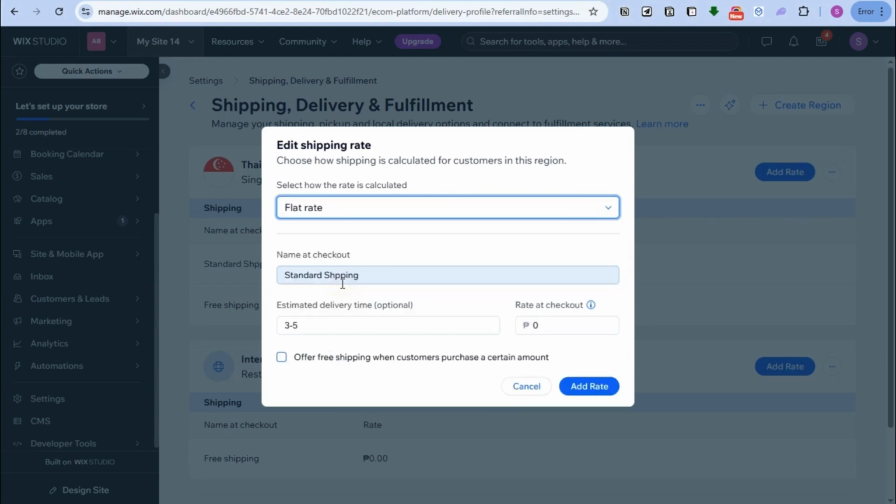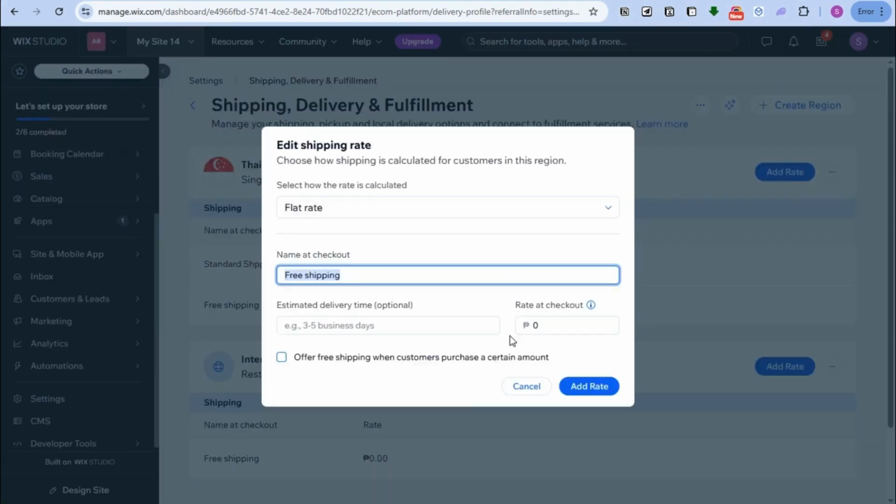Now let's move on to flat rate. So for flat rate, you can name again checkout, standard shipping, estimated delivery time 3 to 5, checkout rate, let's just say 200, that is Philippine peso, and then click add rate. Okay, so